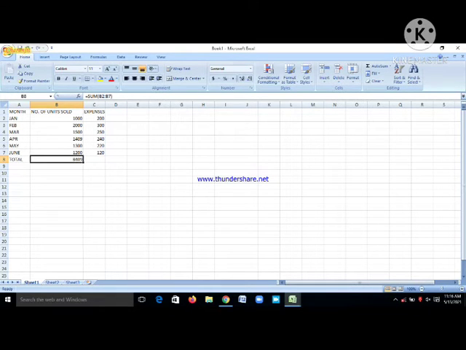And now go to the cell and select the copy option from the clipboard area, and then go to the C8 cell, and select the paste option from the clipboard area. So now the formula is pasted. See here students, if we click on B8 cell, then the formula is sum B2 colon B7, and if I click on the C8 cell, then the formula is sum C2 colon C7.